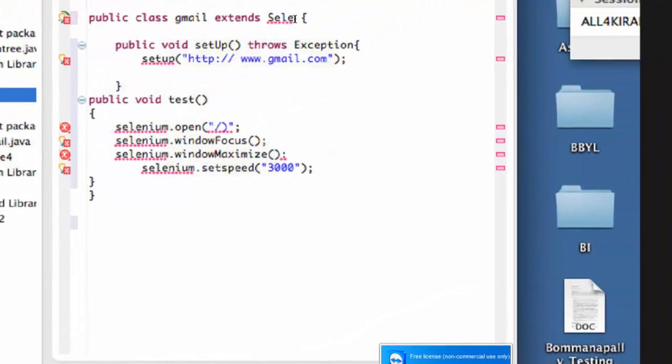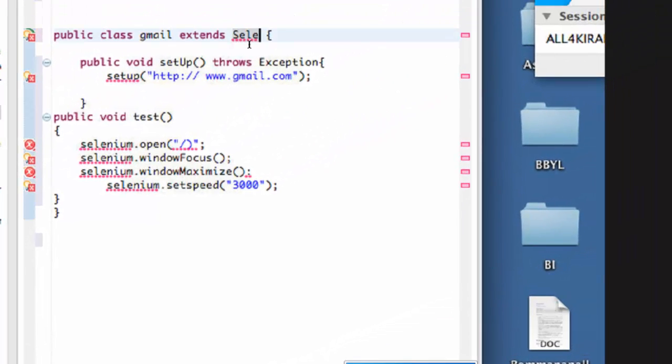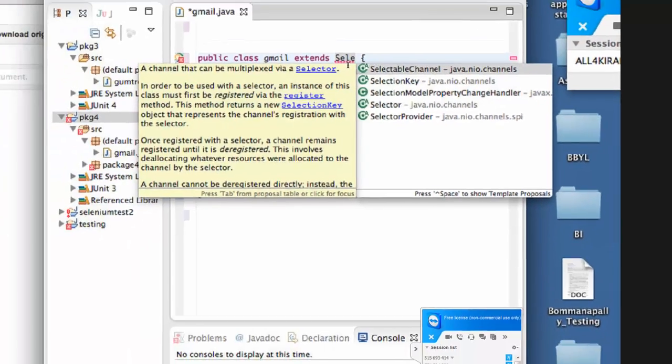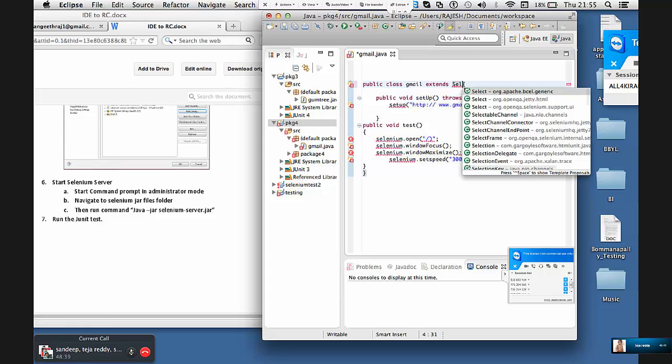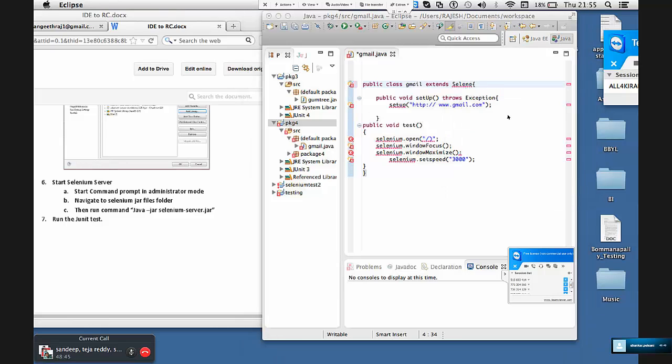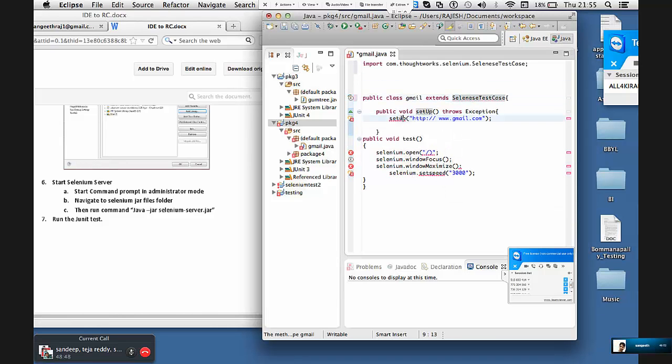Say okay. Now if you type SEL and control space. Okay. Say save it. Now type SEL control space please. Yeah. Now Selenium test case. Okay, and set up, this U is capital. I told you have to concentrate. And there is one more parameter over here. What is that? Browser. Explorer. Star Chrome. Star Firefox or Star Chrome.